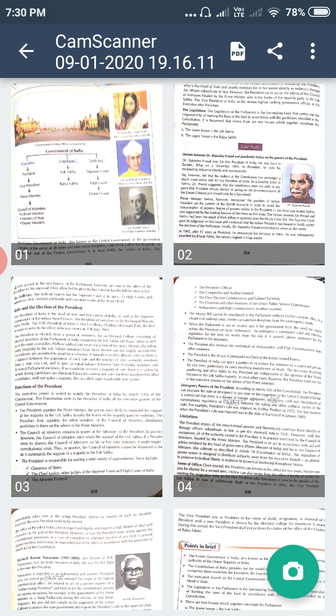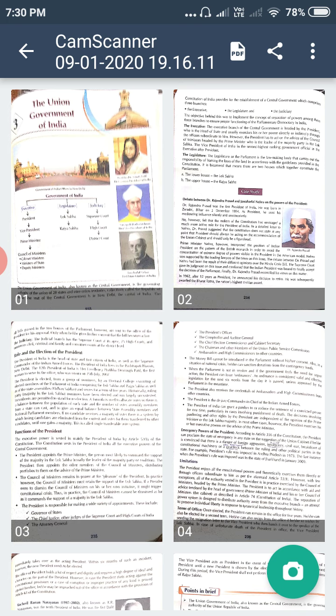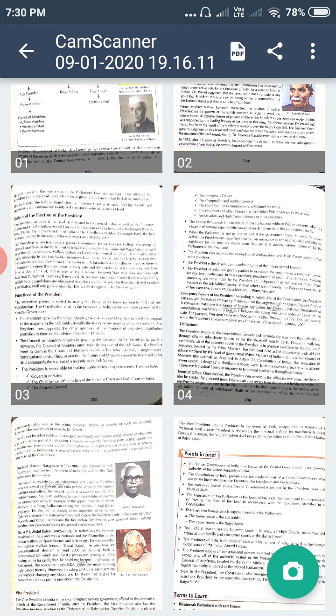Then there are certain emergency powers also with the president. The president can proclaim the state of emergency in any state on the suggestion of the Union Cabinet if he or she is convinced that there is a danger of any foreign aggression, in which cases the president can declare emergency in any state. The cases if he feels that there is a danger from any foreign country, or insurgency means there is any internal revolt, civil war,